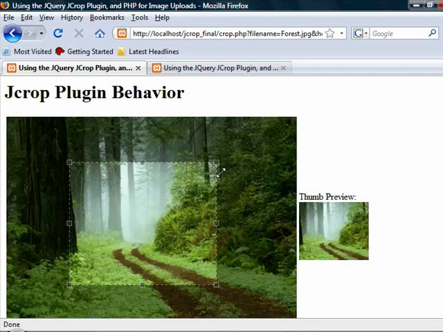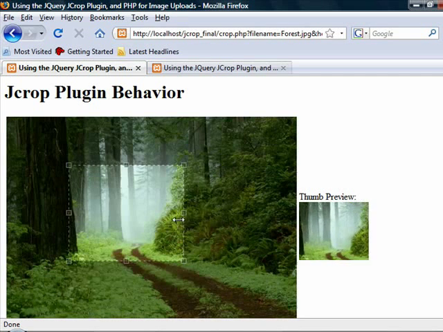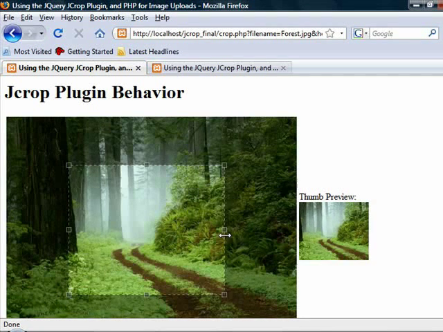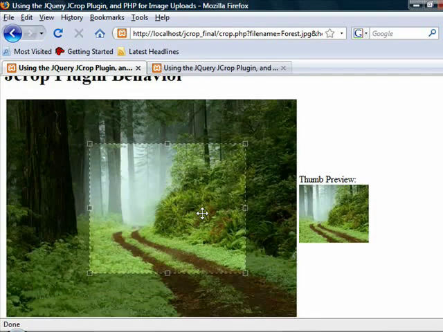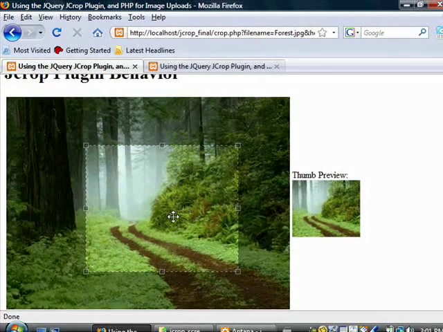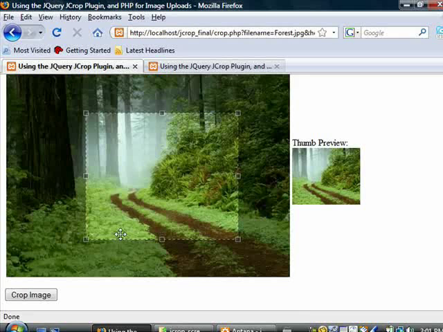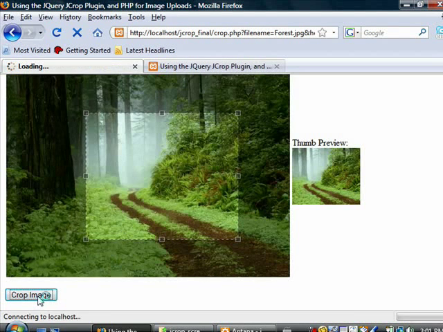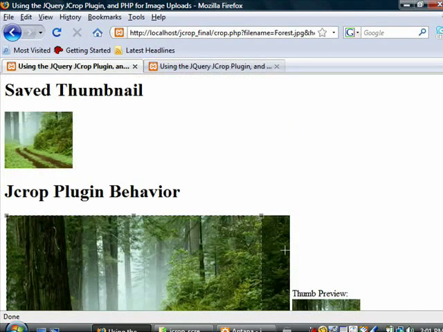Handy feature here is the ratio. The ratio stays the same. We can't skew this in any way, as the ratio stays the same. So here that looks about right for a thumbnail. I'll crop the image, and this is what we get. We get a little preview here. This is the thumbnail that we had just saved, and it